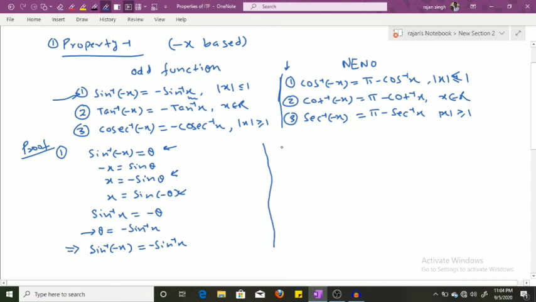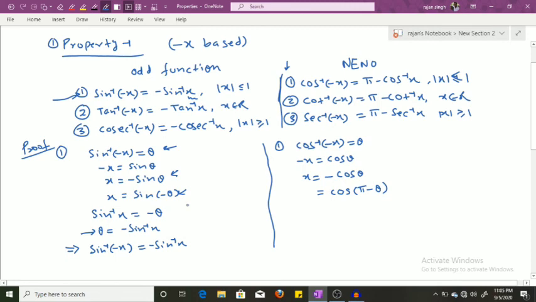Now one derivation we'll do from this side: cos inverse of minus x. Same to same, start by taking this as theta, and minus x equals cos theta. Same to same, x equals minus cos theta, right? After this, cos is neither even nor odd, so it will be